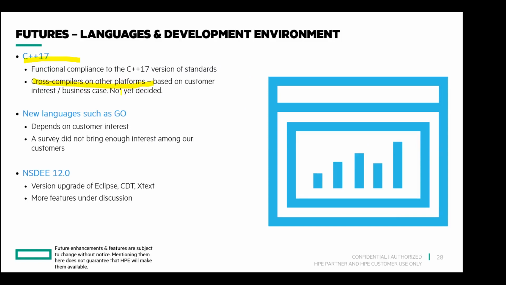So we thought about it, and I conducted a survey overlapping the first quarter and second quarter of this year. The survey went worldwide to partners and customers, and very few people actually said, oh yeah, good cross compilers, if you offer it on Linux, I'd like it. But most people said, no, I'm good with Windows. It's not really necessary. I'm happy with Windows cross compilers, and the native compilers on Nonstop are enough for me.